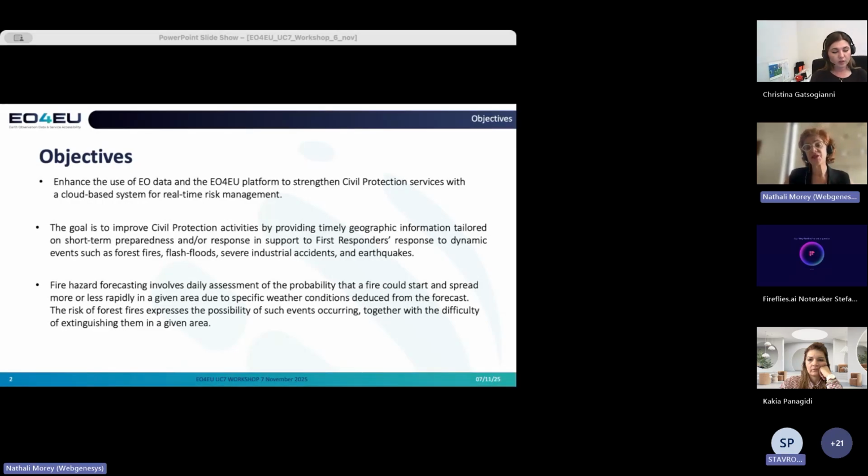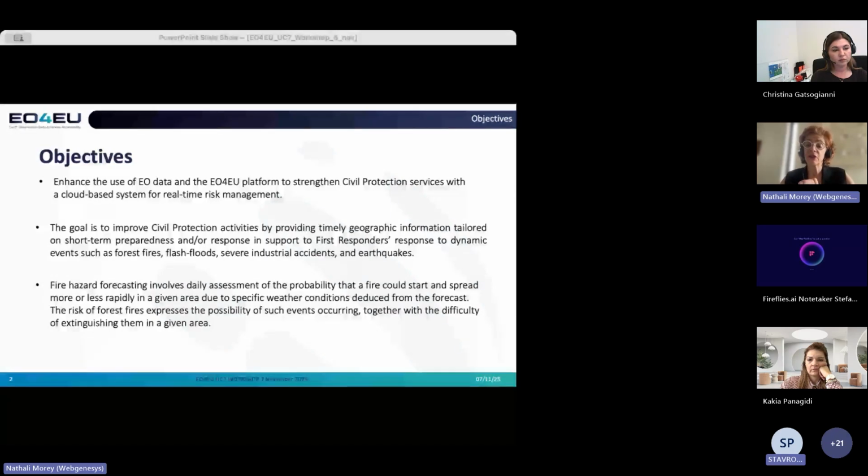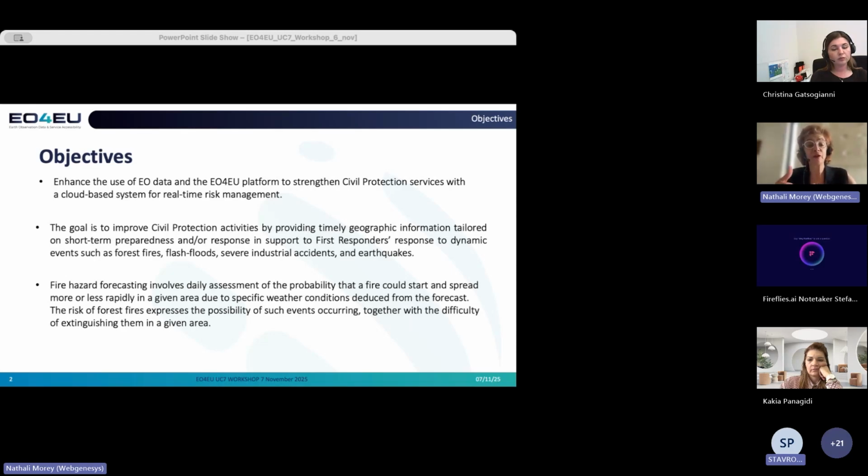The goal is to help civil protection in their activity by providing timely geographic information tailored to short-time preparedness, in order to support the first responders in their response